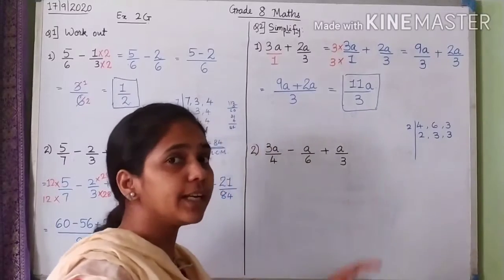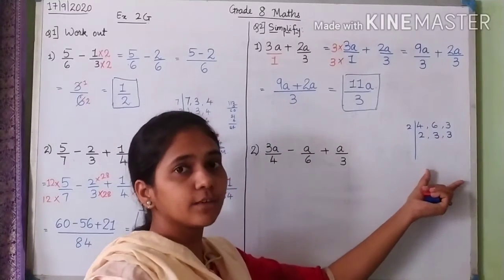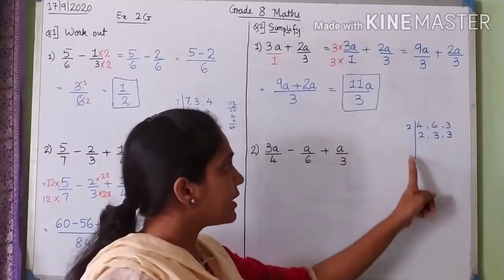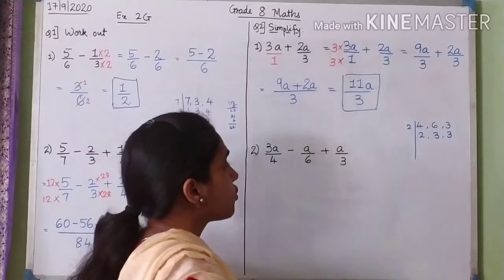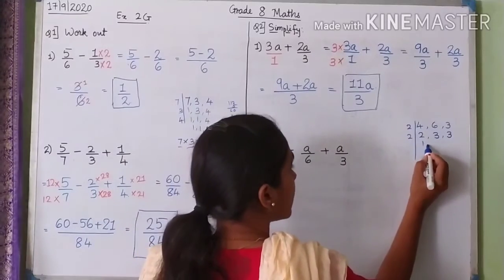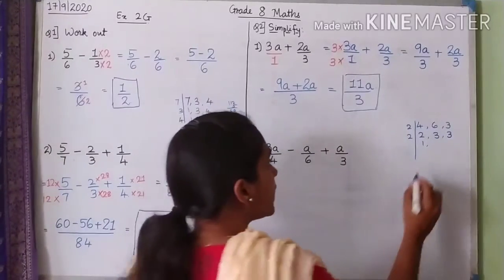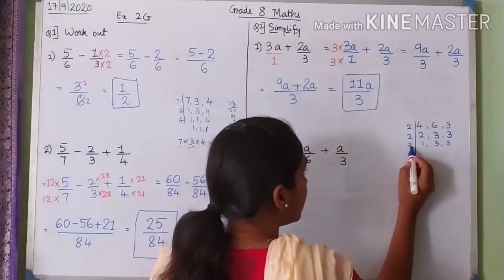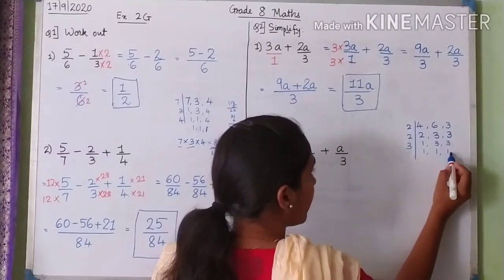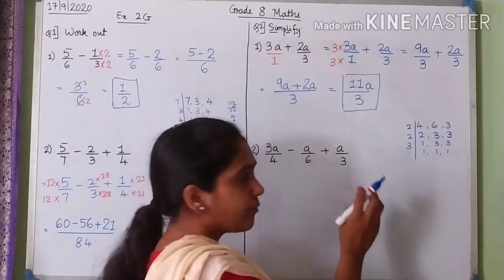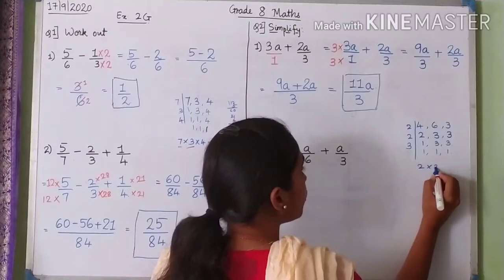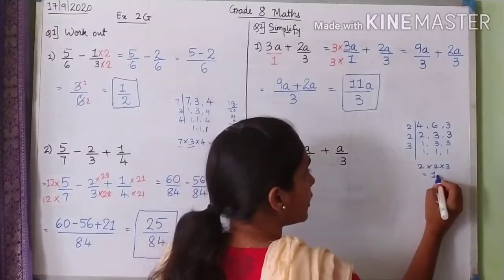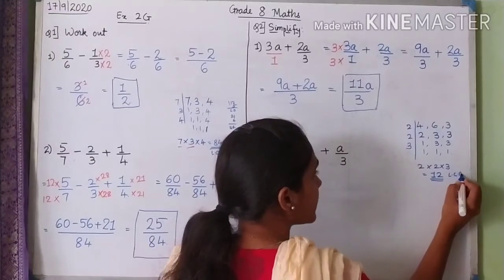Okay. This is the method for finding LCM. For HCF it is a little different. Okay. So in this way we find LCM. So now we know that 2 ones are 2, 3 and 3 cannot be divided. So we keep them as it is. Now in the next step we can divide 3 by 3. So 3 ones are 3 and ones are 3. So what have we got to the left hand side? We have got 2 into 2 into 3. So what is 2 into 2? 4. 4 into 3 is 12. So 12 is our LCM.